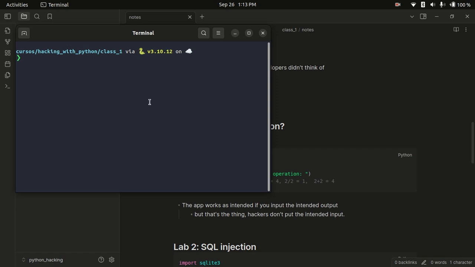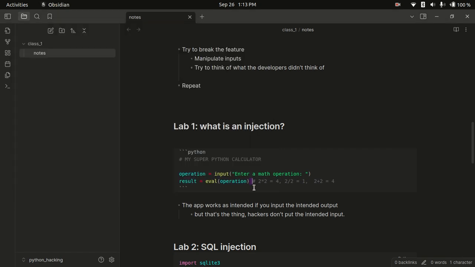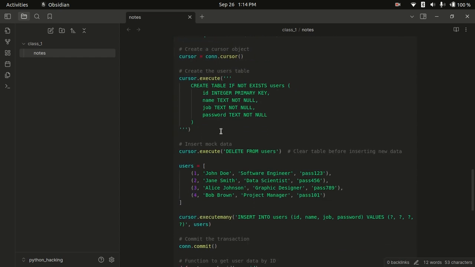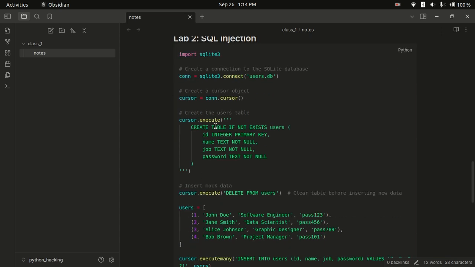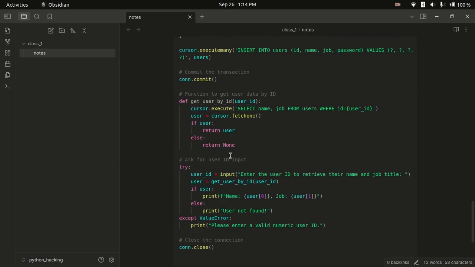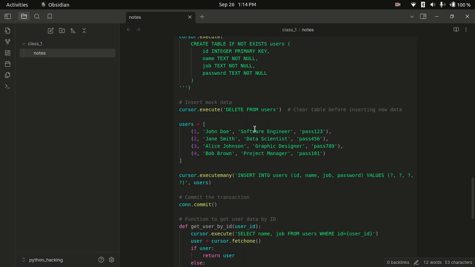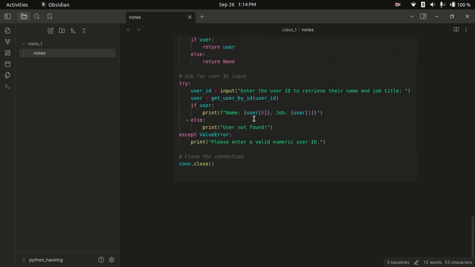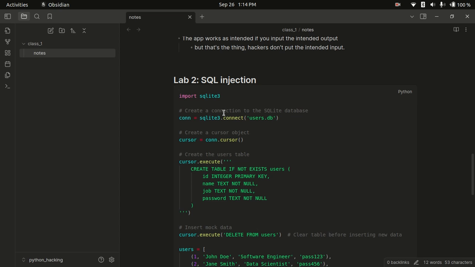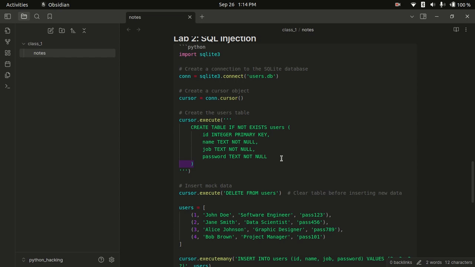Now let's continue and do some actual injection, because this is not exactly an injection. It's not being injected anywhere. It's just being fed to a dangerous function. So I have this small program right here which pretends to be a program where you can get information from, let's say, your workplace, and it first defines a database with SQLite. Here it creates this connection to a users database file. Then it creates some tables. If you don't know SQL, we're going to do a very short lab